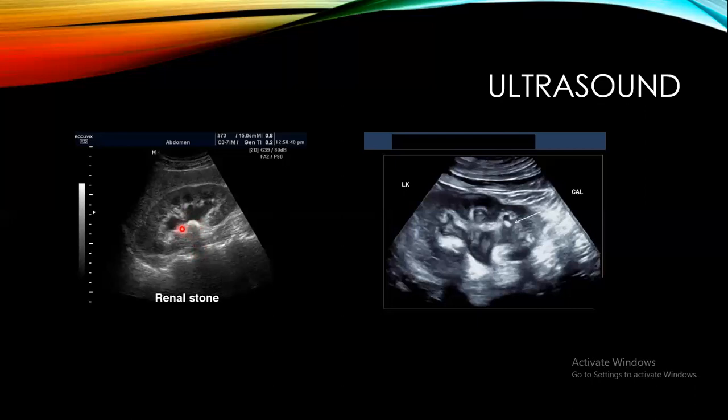How can I measure the stone? Either I take the length from one side to the other side of the echogenicity. This is one method, and the other method by taking the distance between both ends of the acoustic shadow, the first part of the acoustic shadow behind the stone. يعني إما أقيس الإيكوجينيسيتي على مود أقيس diameter of the stone، أو أقيس الأكوستيك shadow على مود أقيس diameter of the stone. This is about the